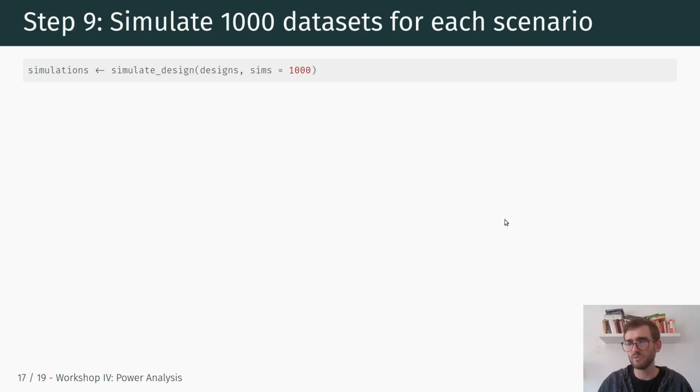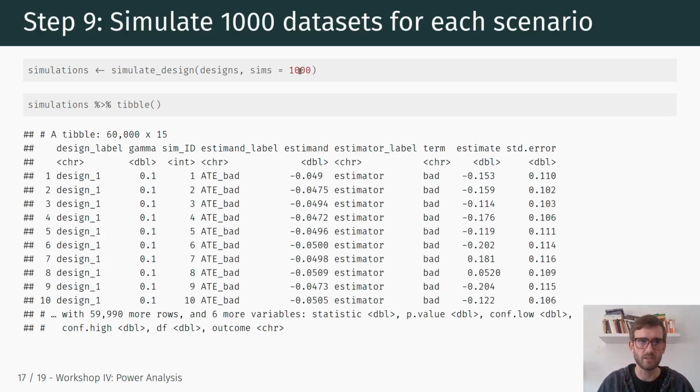All we have to do in order to do this is use the command simulate_designs based on our designs, which again combines 10 different scenarios for varying levels of gamma, and each of those will be simulated with 1,000 simulations. After we did that, we can look at our simulations, and we see this is a large data frame, 60,000 observations,